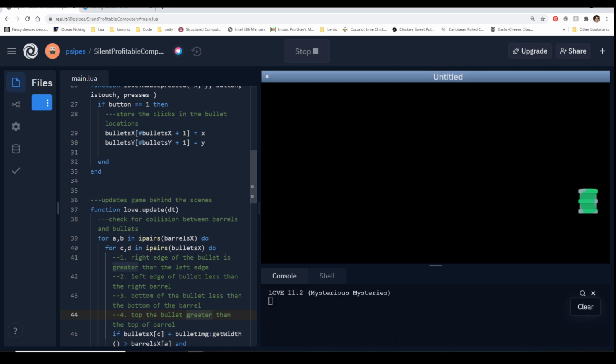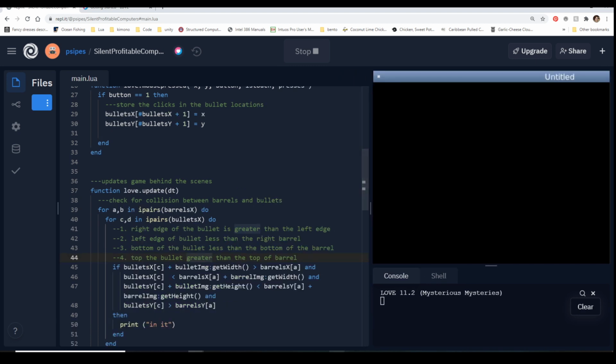So that's how, in its most simplified state, collision can work. This doesn't mean that it's a solution for everything as far as collision goes, but you can get collision working pretty well using something like this. And it's just a matter of being able to see the logic.